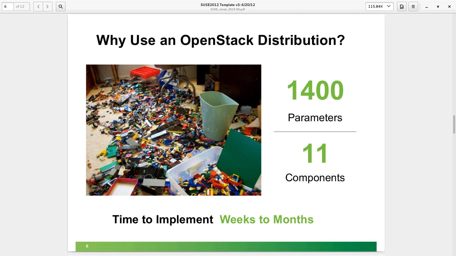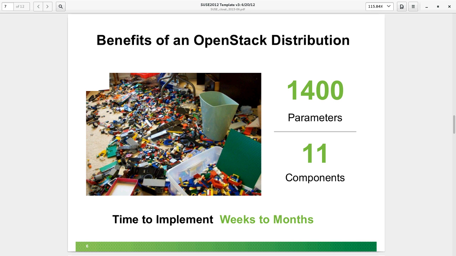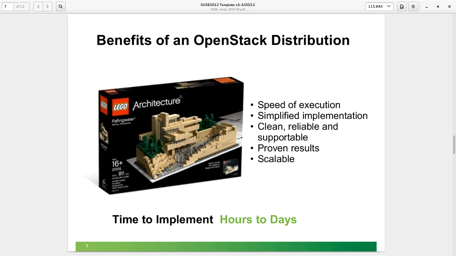The trade-off of going to a distribution is this: you get Legos designed to work together, and the whole idea is that you want to drive down the time to implement from weeks to hours. And as you see, Cameron kicked off a process to go deploy an OpenStack Cloud, and he did some pre-planning ahead of time to make that all work.